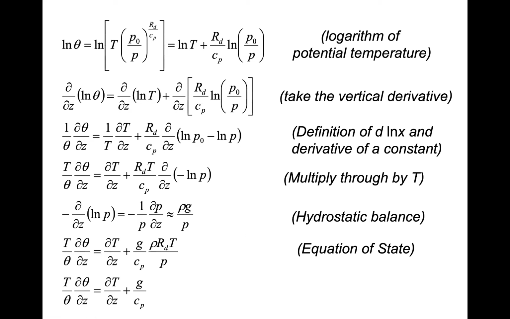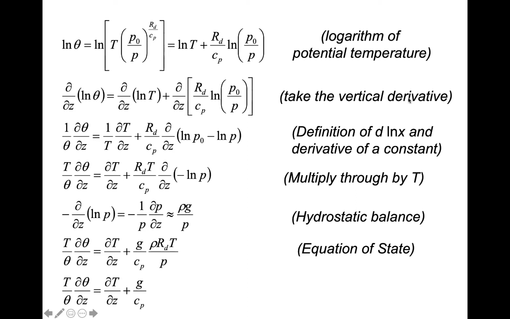It would be extraordinarily tedious to go through this in detail. But what we're going to do is start with the equation for potential temperature, Poisson's equation, which you should see embedded here as theta equals T (P naught over P) to the exponent R_d over C_p. We're going to take the logarithm of that potential temperature. Again, when we're taking the logarithm or doing exponentials in the vertical, we're really recognizing the exponential decrease of pressure with height. So we're taking advantage of that very fundamental aspect of the atmosphere.